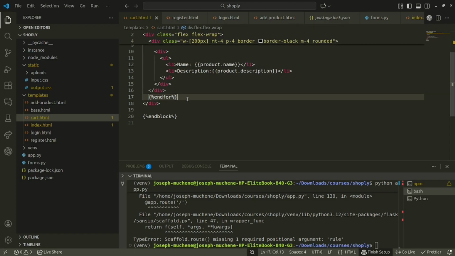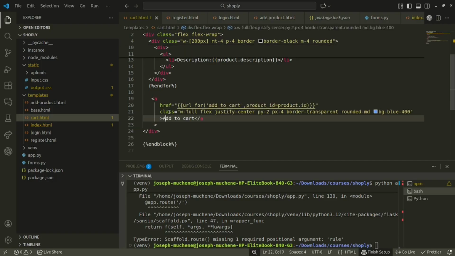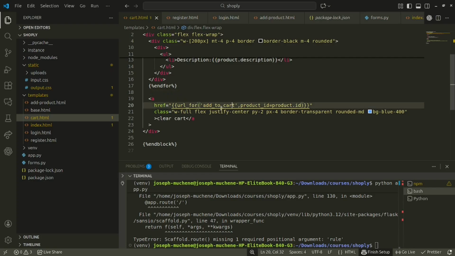So this one, we can have it be responsible for clearing the cart. Yeah, clear cart. Okay, clear cart, and then